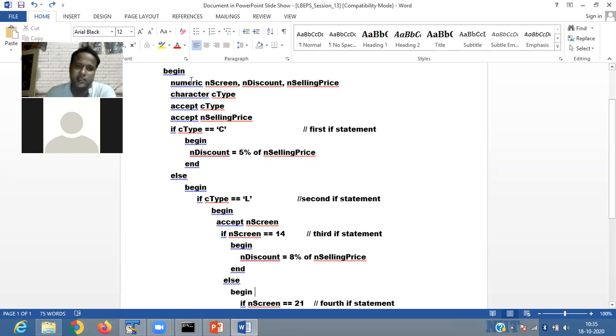Selling price is some kind of amount, so that is also numeric. But your name, your address, all belong to character. For storing a name or an address or a place name, we require the character data type.